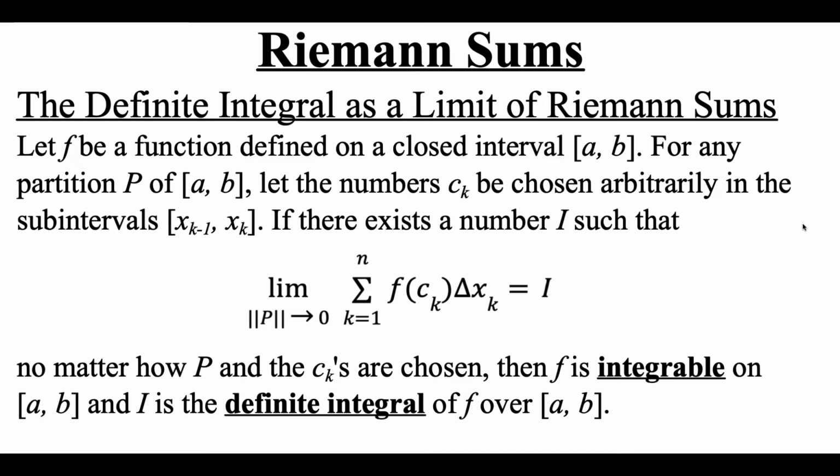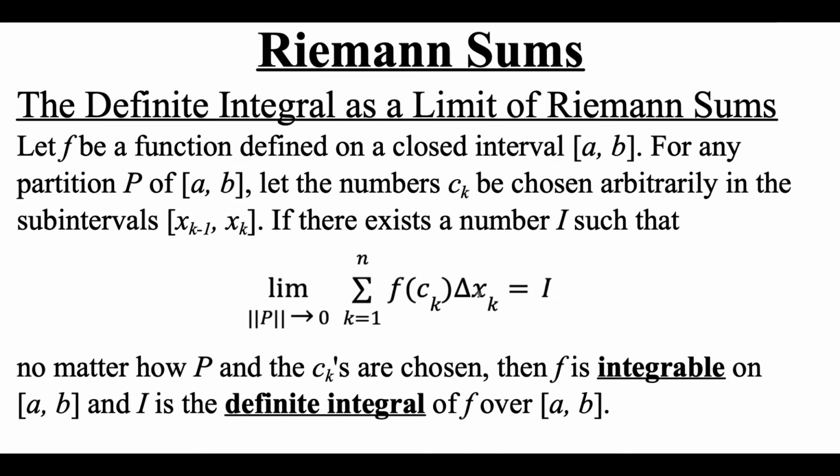So looking at a definite integral as a limit of Riemann sums, we're going to let f be some function defined on a closed interval from a to b. For any partition p of that interval from a to b, we're going to let the numbers c sub k be chosen arbitrarily in any subinterval along those rectangles that we were looking at. If there exists some number I such that the limit of this sum as that norm heads to 0, so remember the norm is the width of the biggest rectangle, so as your rectangles keep getting more and more narrow,